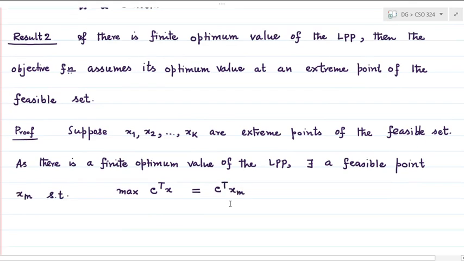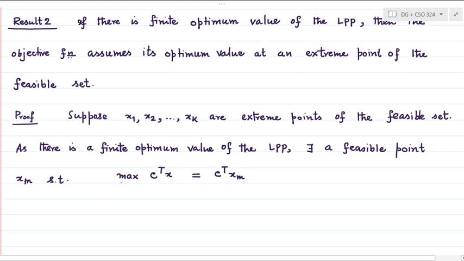The maximum value of c transpose x, by that I mean the maximum value in the feasible set. So the maximum value on the feasible set, Ax equals b together with x greater than or equal to 0, you have c transpose xm. And xm is satisfying both these restrictions, Ax equals b and x greater than or equal to 0. Fine. Now what we have to prove is that